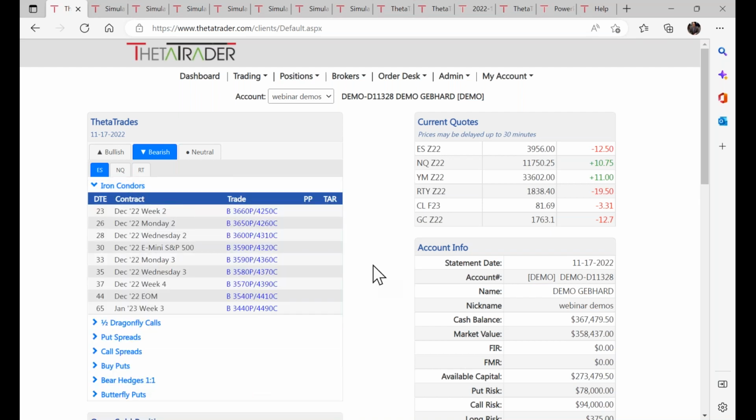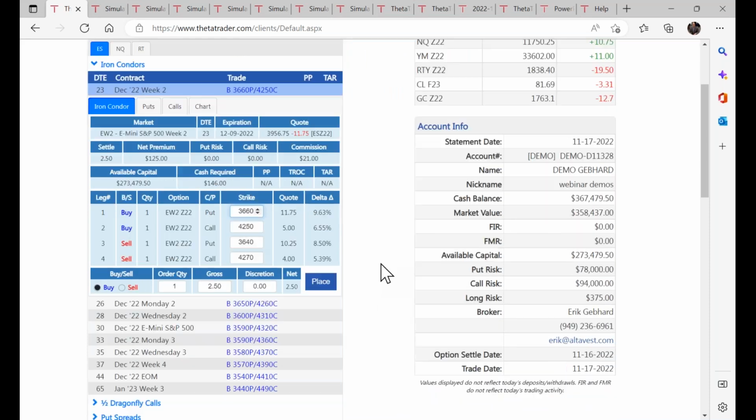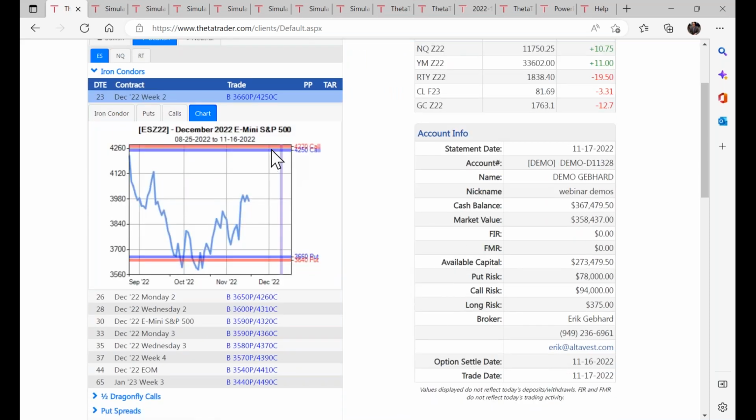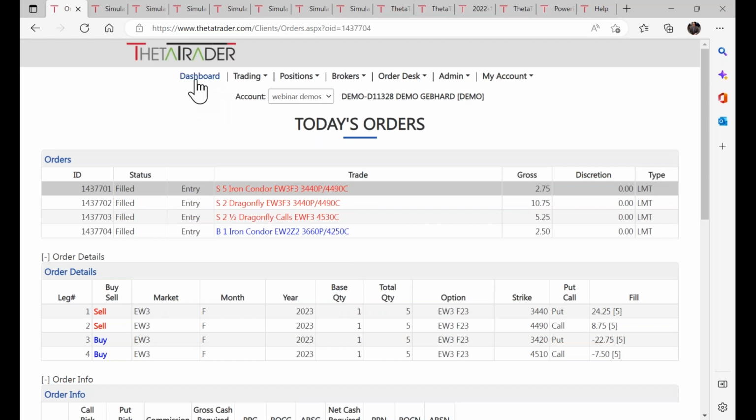If you expect a large move in the very near future, you might want to buy a condor. Maybe you want to buy a condor because you think the Fed may make a mistake or a policy error, and the market might overly react one way or another. You could certainly buy a condor, but that is a lower probability outcome. So in this example, you'd be buying this call spread and buying this put spread, and it would cost you 2.5 points. We'll just do one of those just for kicks, and just wanted to point that out. It's a very flexible, go anywhere platform with all these option strategies that can be utilized in any way you want.